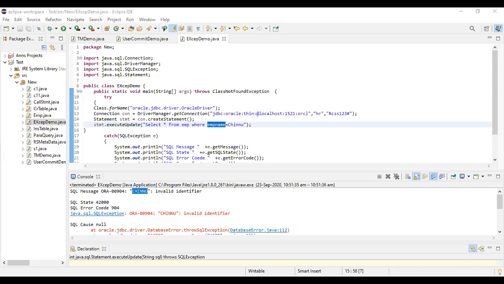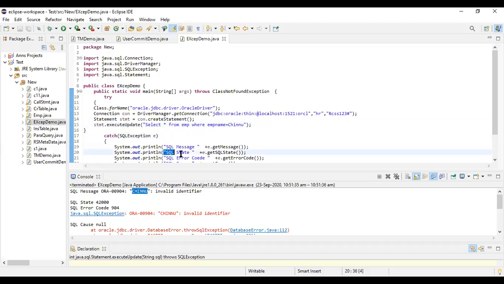If I describe my table, describe EMP, employee name is a varchar, and all varchars should be in single quotes. But if I had given employee ID equal to 123 without quotes, an error would not have come up because it is a number, and they do not expect single quotes. But because EMP name is a varchar, they expect it to be in single quotes, which I have not done, so they've caused the exception to happen.